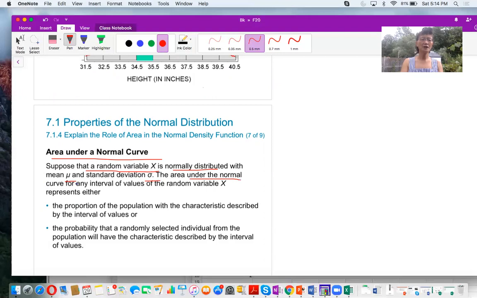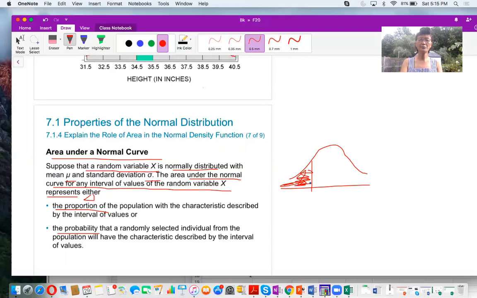The area under the normal curve for any interval of values of the random variable x represents either the proportion of the population with the characteristic described by the interval, or the probability that a randomly selected individual from the population will have the characteristic described by the interval of values. So what does this statement mean? This statement means, this is a bell-shaped curve. Okay. The area, for example, this